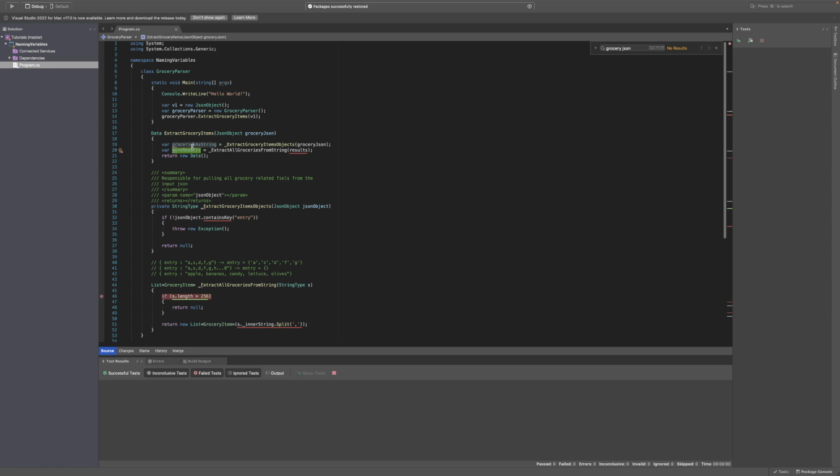And what this does is quickly tell me, oh, okay, these are groceries as strings, and probably something has to be manipulated on them a bit more to get them out. Another great way of